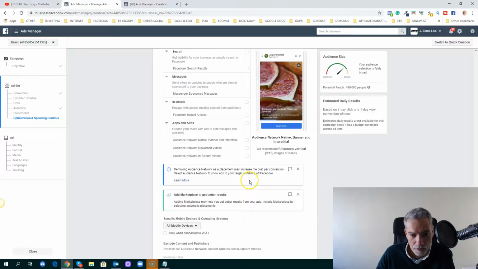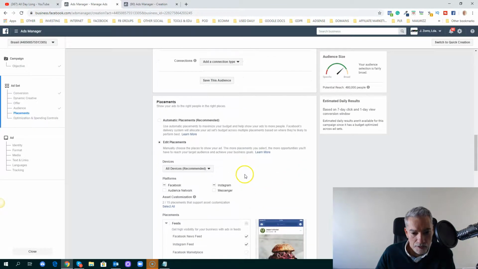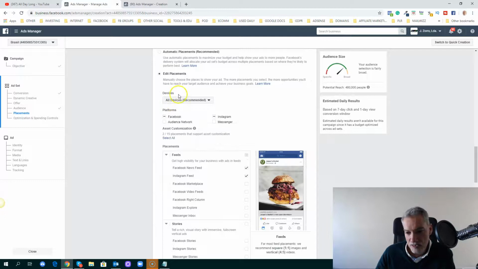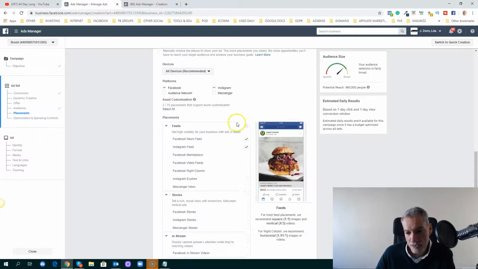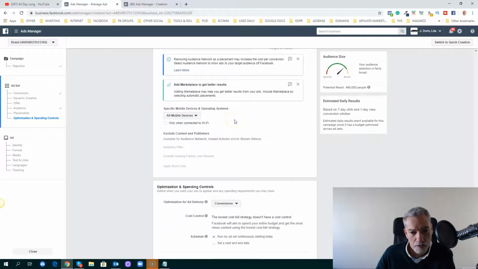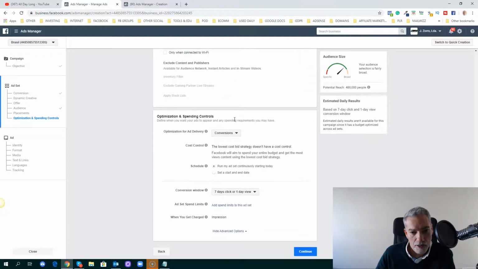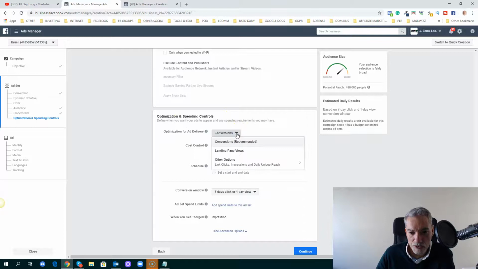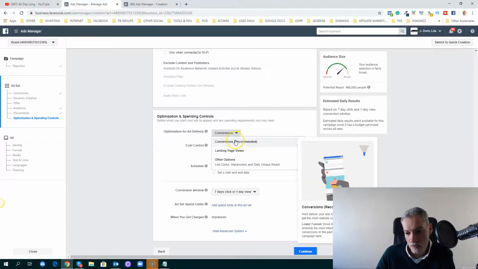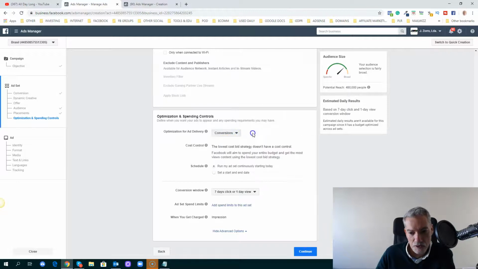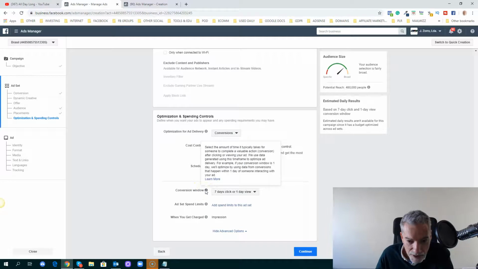Okay, then here devices, I will go with all devices. Okay, and optimization and spending control, so conversions. This is the recommended optimization, so conversions. And this is the conversion window, so select the amount of time it typically takes for someone